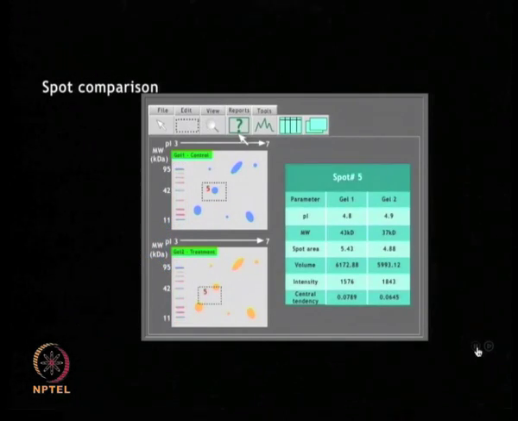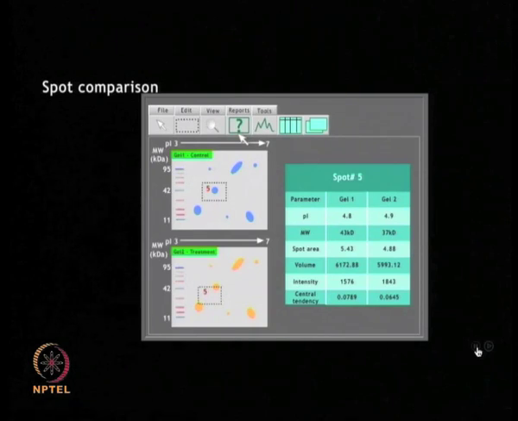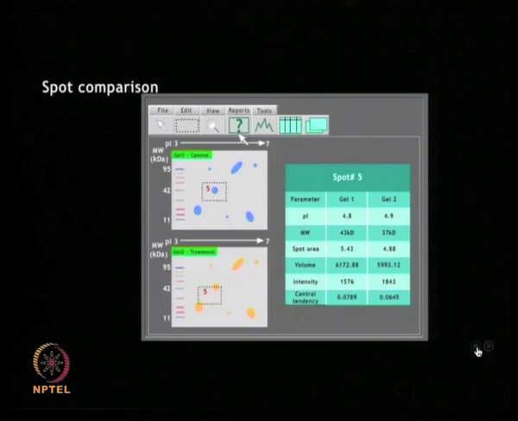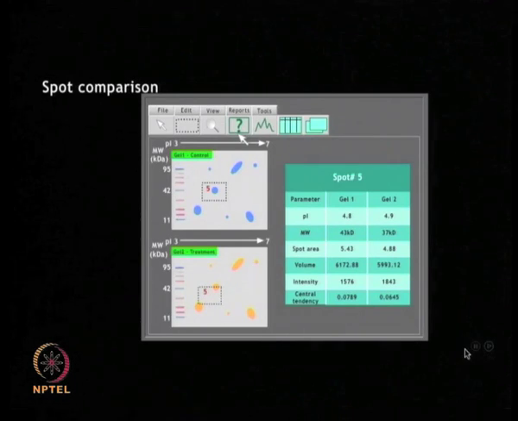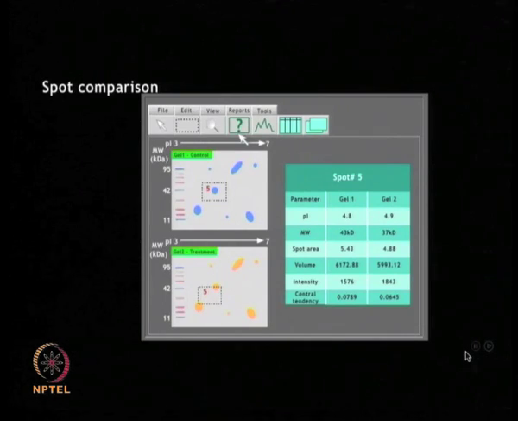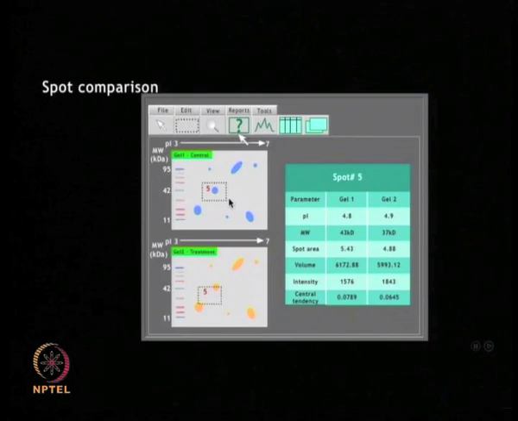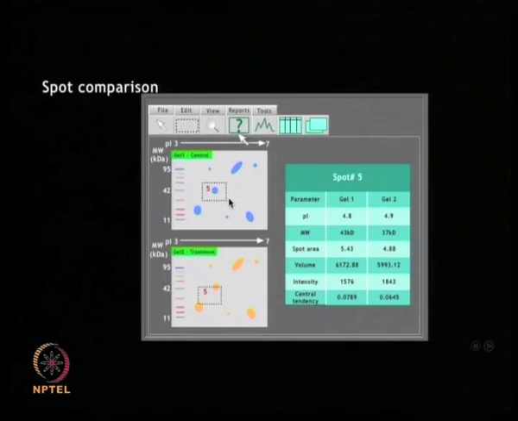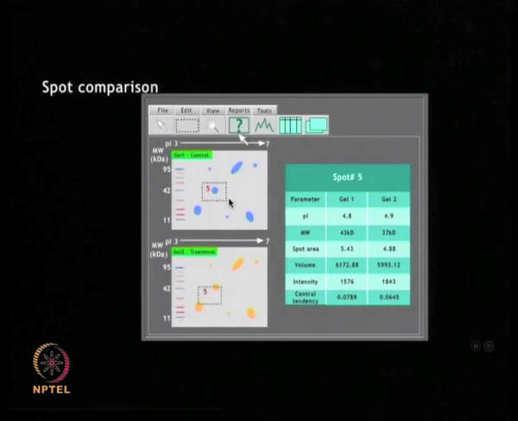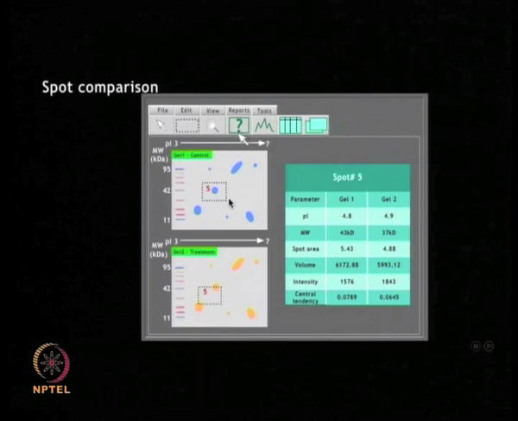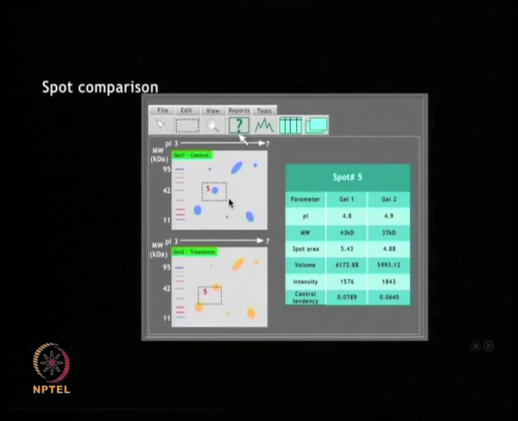When the gel is run with molecular weight markers, the molecular weight of unknown proteins can be estimated from this information. For example, as you saw in the animation, on the left hand side you first loaded the molecular weight marker, and now from that information you can compute the molecular weight and isoelectric point of the unknown protein. These parameters, in addition to the other physical and statistical parameters, can be obtained for each spot.